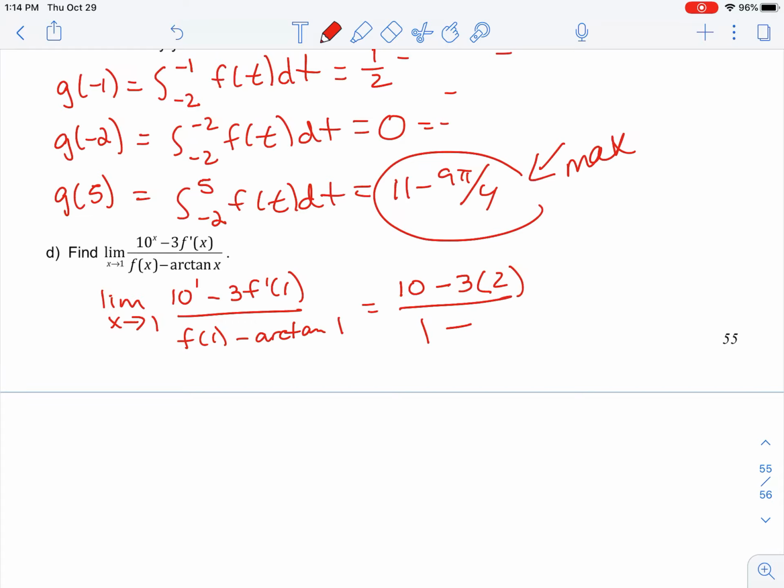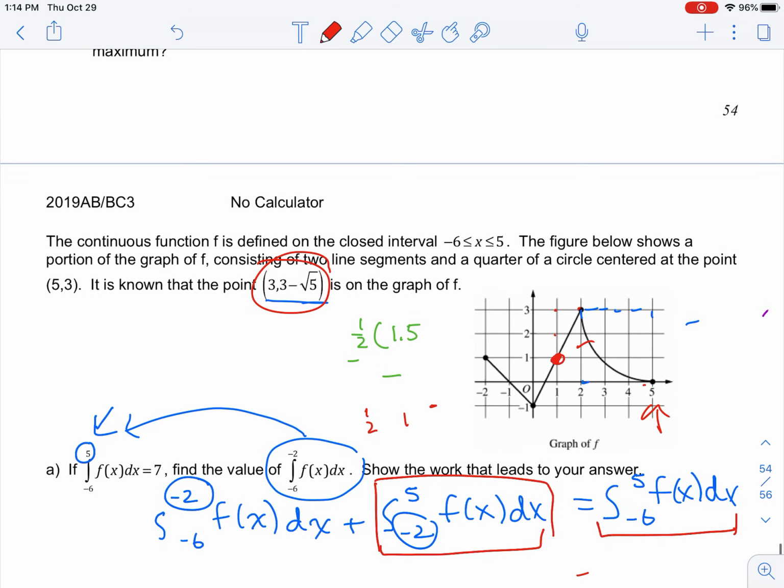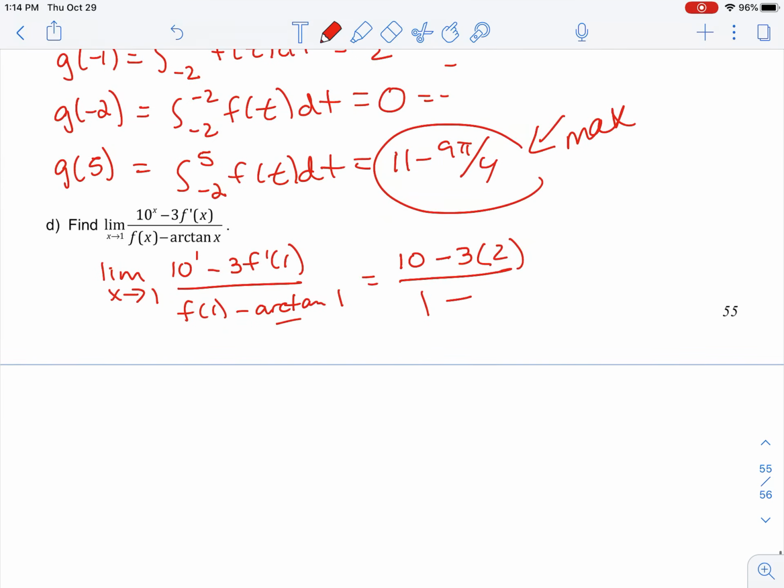1 minus f of 1, which is just the y coordinate on the graph. f of 1 is just 1. And then the arctangent of 1. What's the angle that gives you a tangent of 1? That would be pi over 4. And then you could just leave your answer like